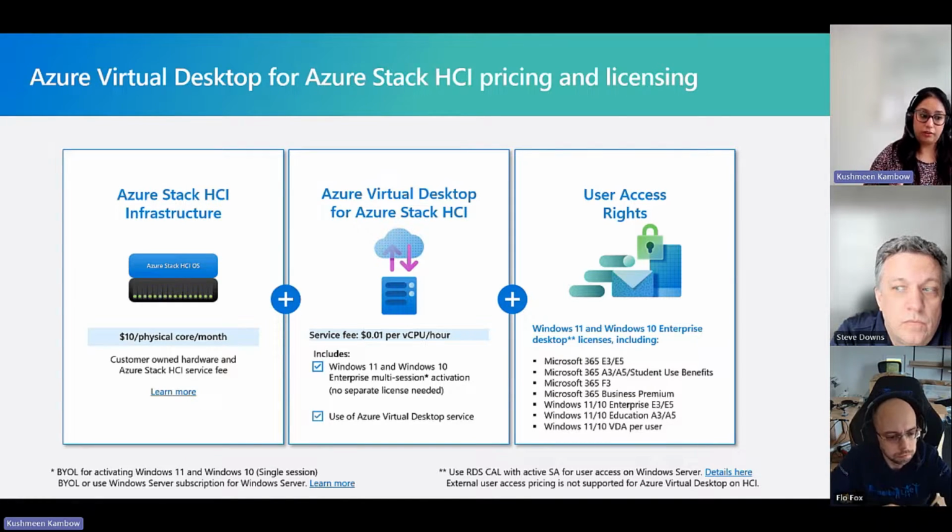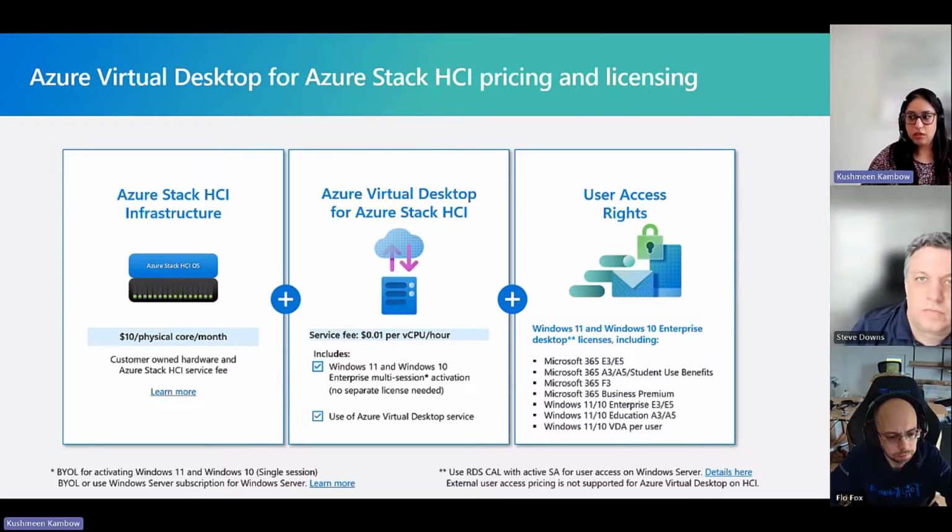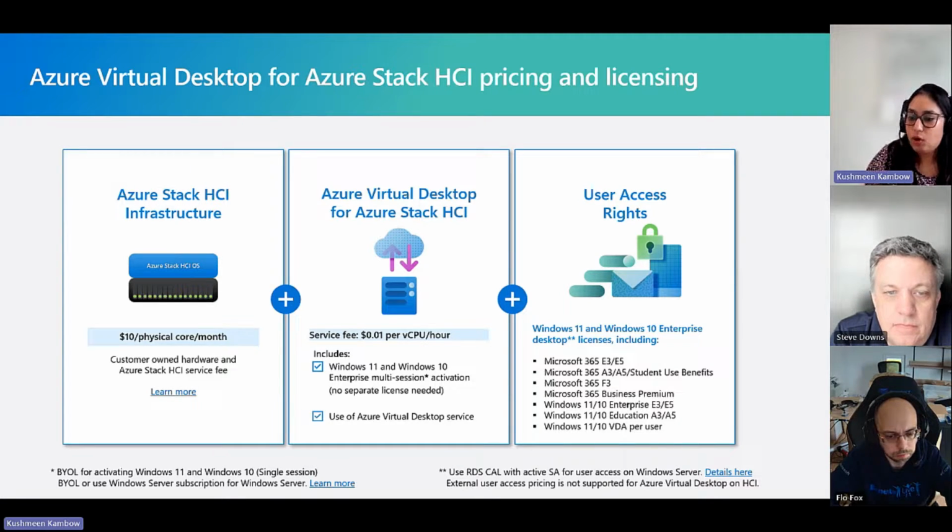There's no change on that front as well, which means that if you have Windows Server data center licenses with active software assurance, you're eligible to activate Azure Hybrid Benefit and basically exchange one core license of your data center license with one physical core of Stack HCI and get that fee waived off to an extent, right? So no changes there. It's the same licensing model that we have for Stack HCI.